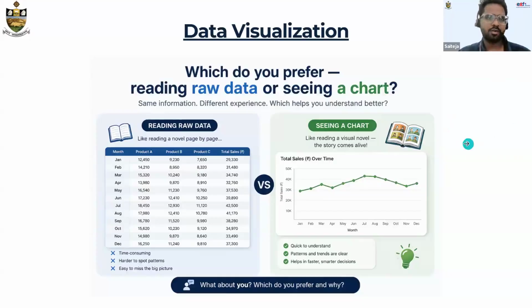Let's start with raw data. I hope you are aware of it. It is whatever data you have collected, and maybe it makes a little sense to understand, but it is quite large, so you can't come to a conclusion about what's happening with it. So let's imagine a scenario where I have provided you some Excel sheets to analyze, or I prefer you to use a chart to analyze. Which will you prefer?